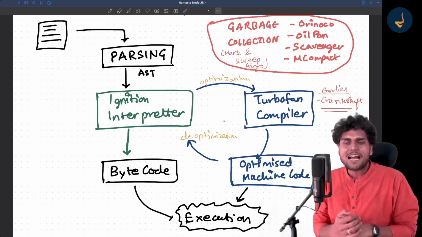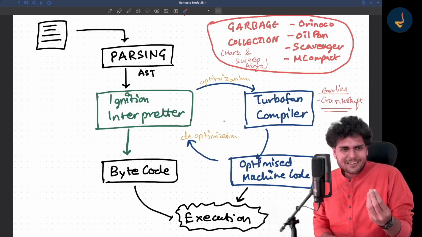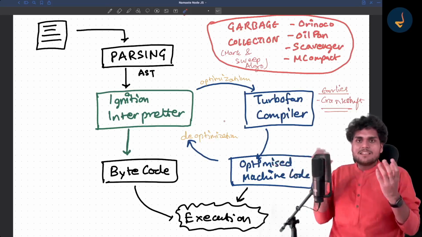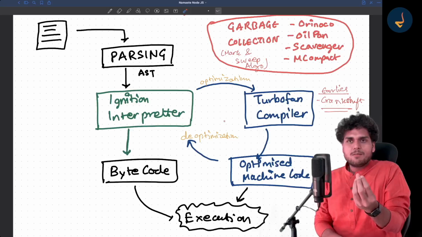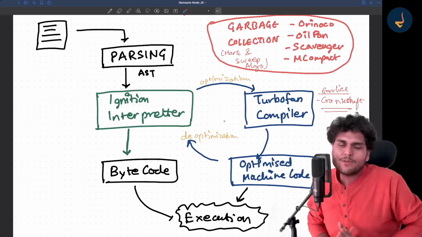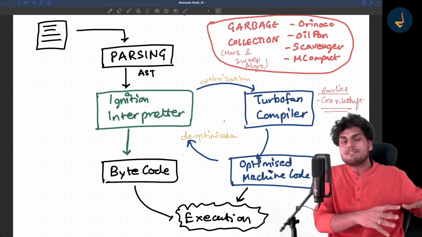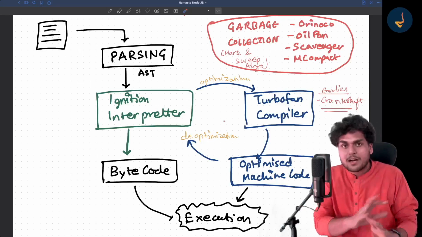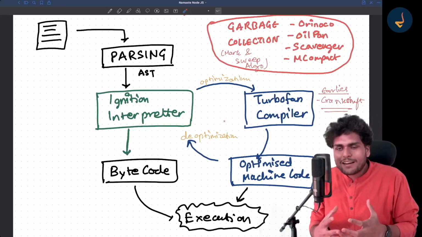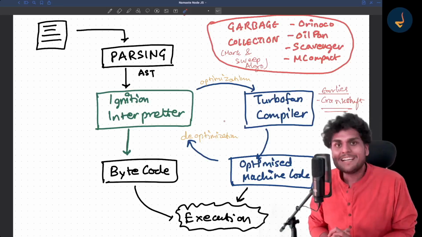That is why I love the language also. JavaScript as a language is very unique in itself. It has a very unique history, and it has a very unique ecosystem. When JavaScript was built, nobody knew that it would come so far and become very popular. There have been so many computer languages which were built and then dumped. Now nobody uses them. But JavaScript has stayed so far. It was just by luck or by ecosystem, but it has stayed so far, and there is a reason for it.